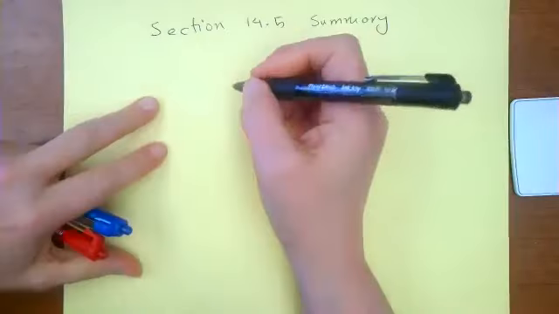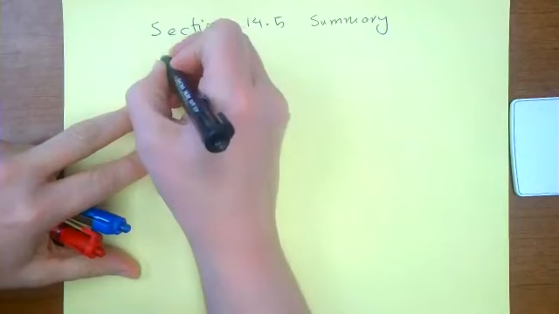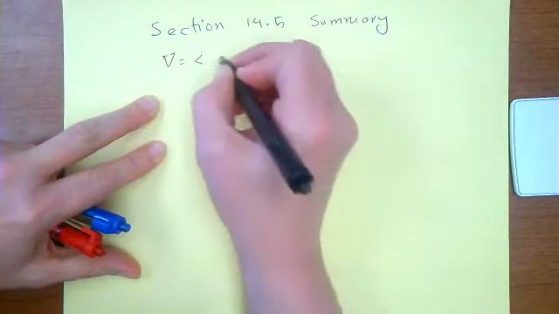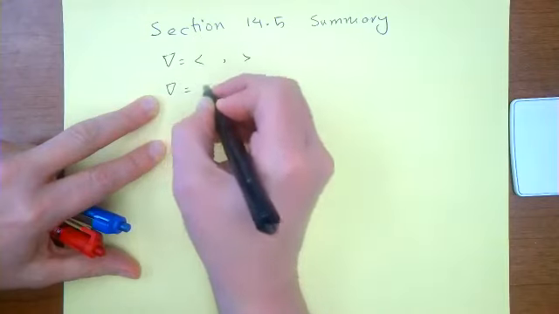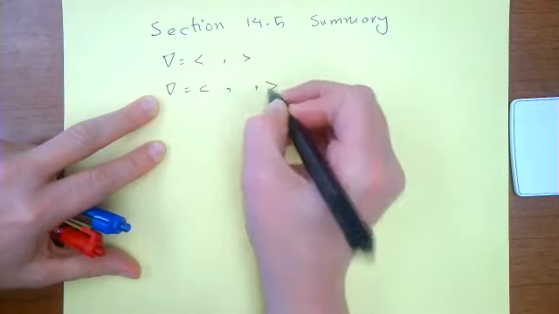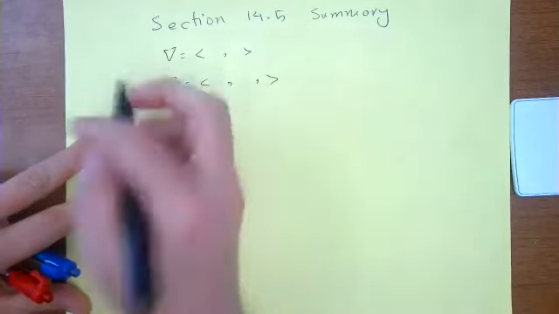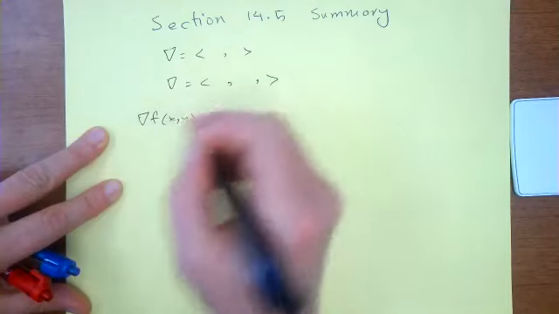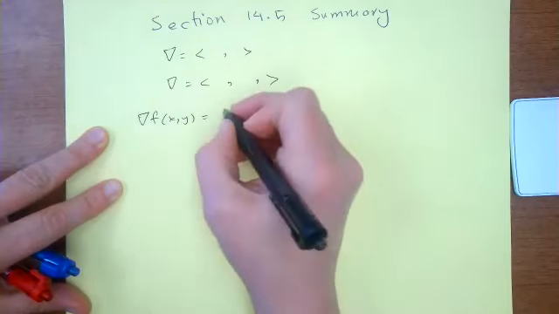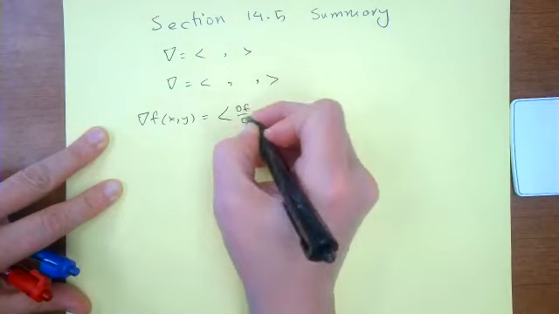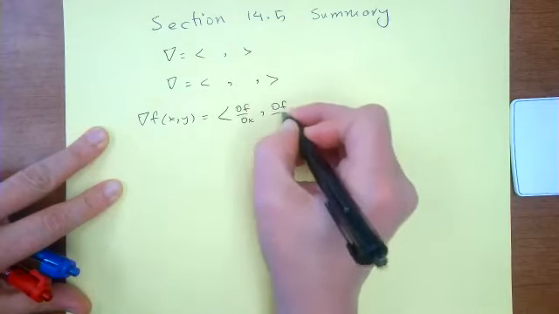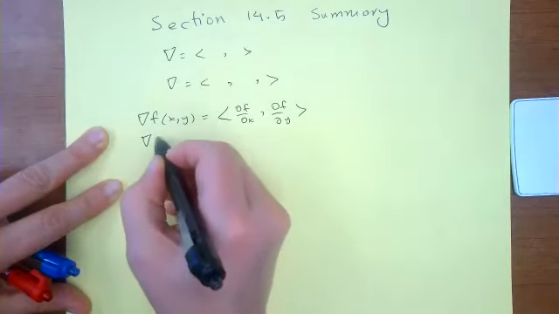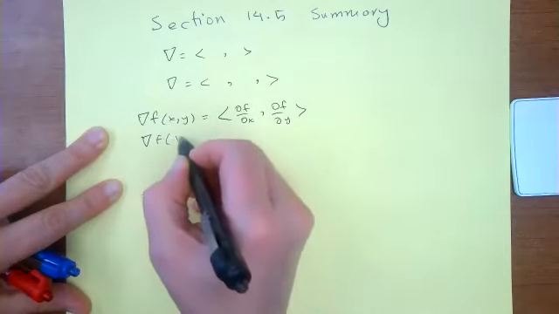So in this section, we implicitly defined a nabla operator, for both 2-dimension and 3-dimension. So how did that work? We defined the gradient of f at any point x and y to be the partial of f with respect to x, partial of f with respect to y. And then for 3-dimensional space,